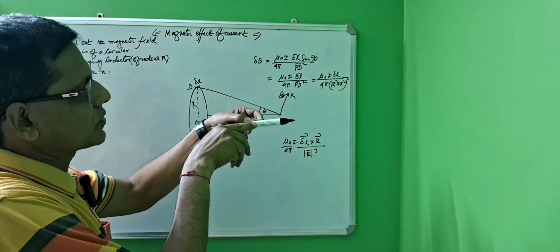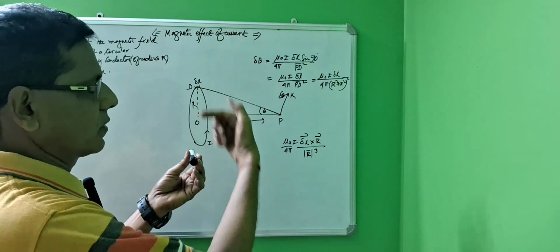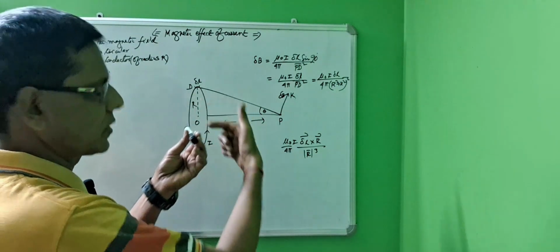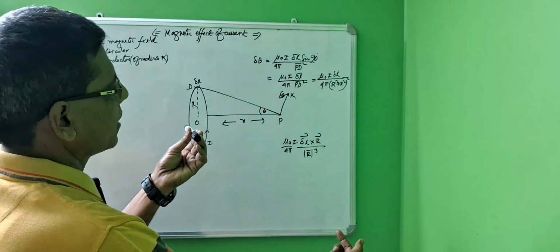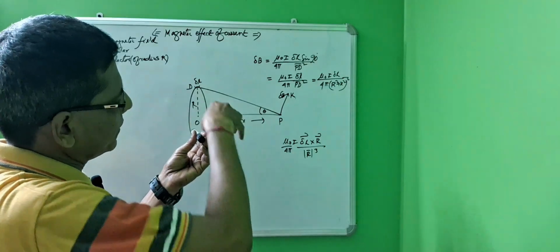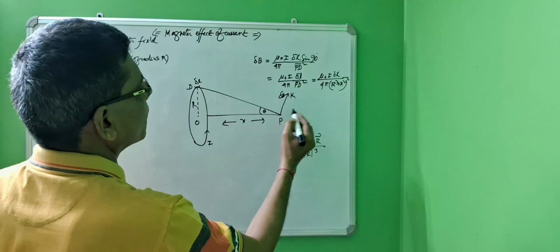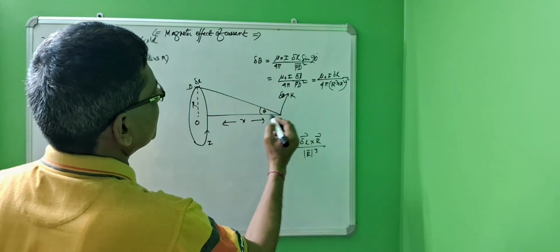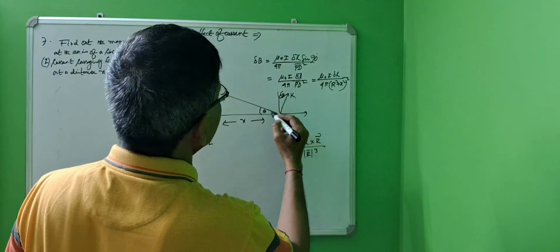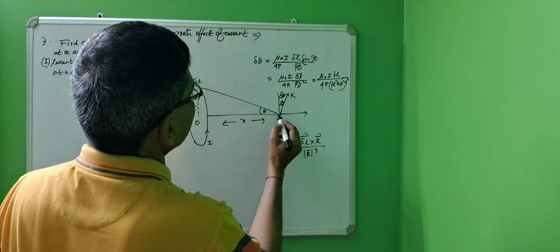So suppose this is a circle, in this way. This is delta L and this is R. So we get the direction on another plane. So delta B, when it is resolved into two parts, then we get theta, and this also theta, because this line and this line are perpendicular,